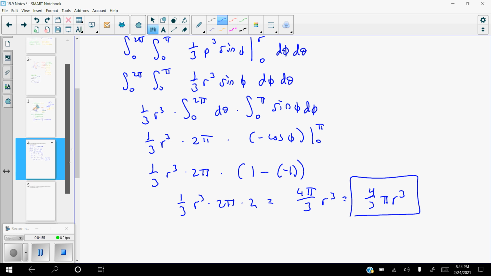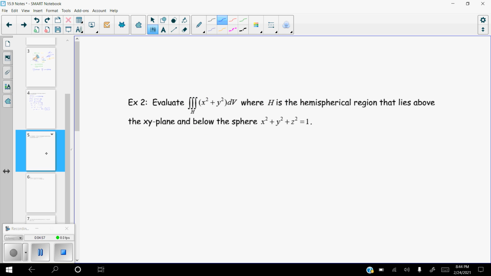All right, so let's move on. We want to evaluate the triple integral over H. Notice the change there. I called it H because it's no longer a one-dimensional region, but maybe H is because it's over what they call a hemispherical region. So it's not like a box, because maybe the box is like the E. I'm actually not sure in this case, to be honest with you, but I think it's H just because it's